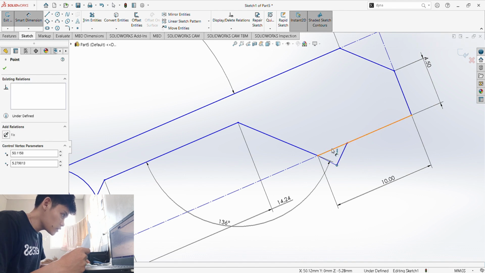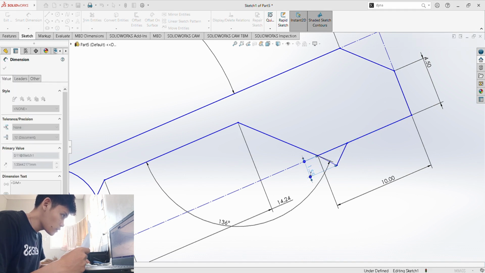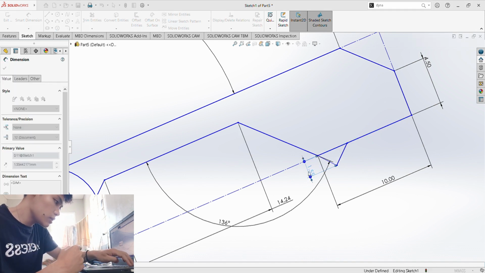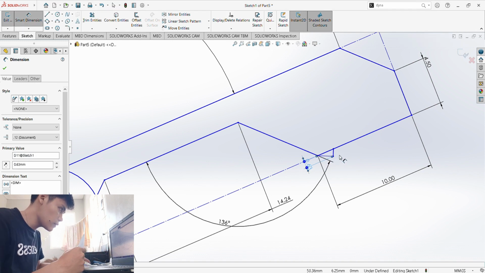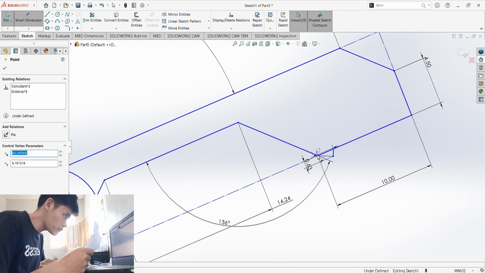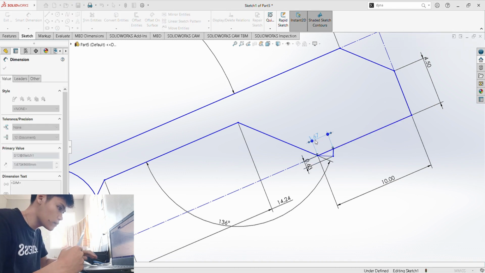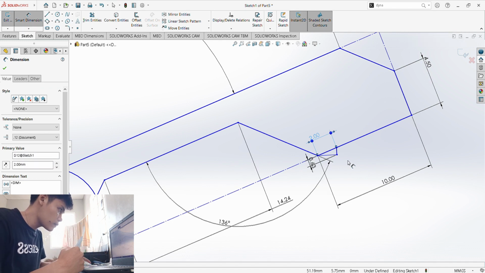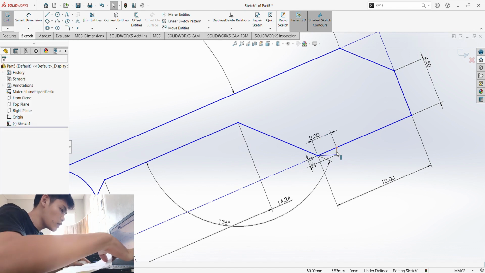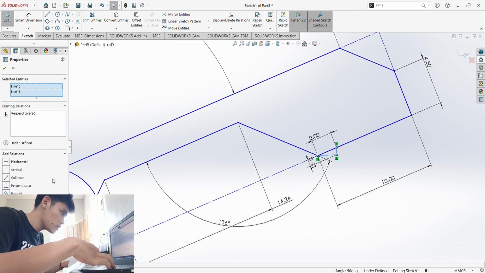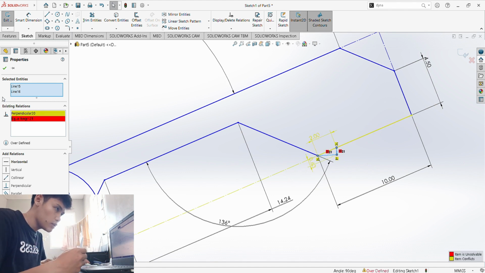So smart dimensions 0.63, then enter. And then should be 2 in diameter. And then this and this should be equal.